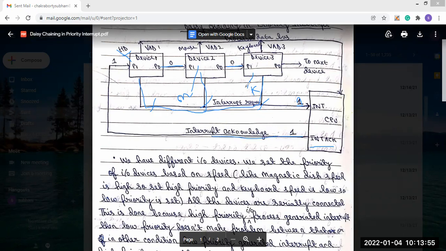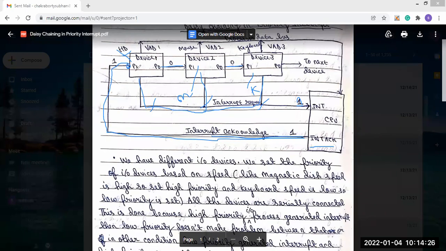Now, if you see this diagram, the interrupt acknowledgement signal will be caught by the highest priority device first, because it is connected in such a way that the highest priority input output device gets the interrupt acknowledgement signal.